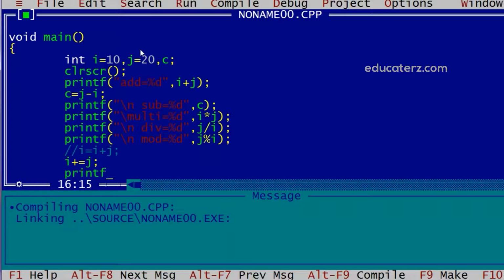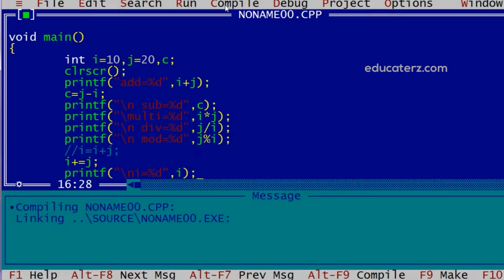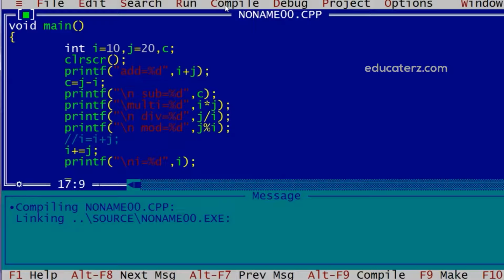For example, if I print i's value now, then we'll find i is 30. Here what we did is i equal to i plus j, so addition is done and then that is assigned to i. So it is 30. This way we can have this shorthand operator. The same we can perform with subtraction, multiplication, division, modulus operator, as well as bitwise operators.